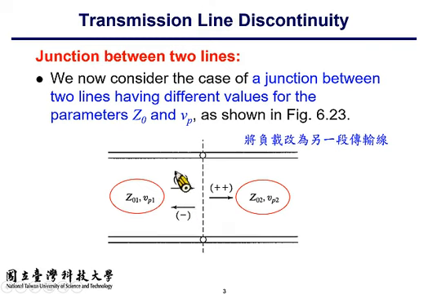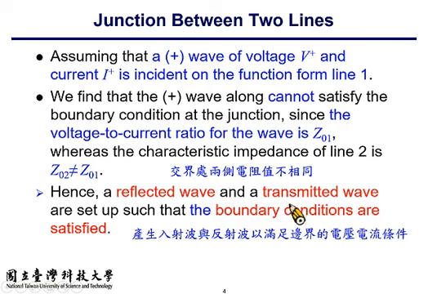And at the same time, the incidence will introduce another term which is referred to as the transmitted part, transmission. So incidence, reflection, and transmission. The transmission is labeled as double plus, meaning the part of the energy, the part of the signal that continues its propagation to the right into the second transmission line. Alright, and the production, the growth of the reflected wave and the transmitted wave